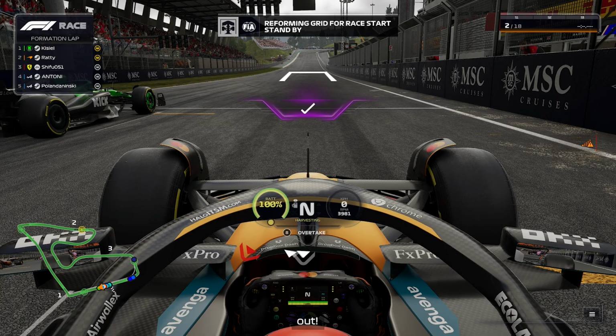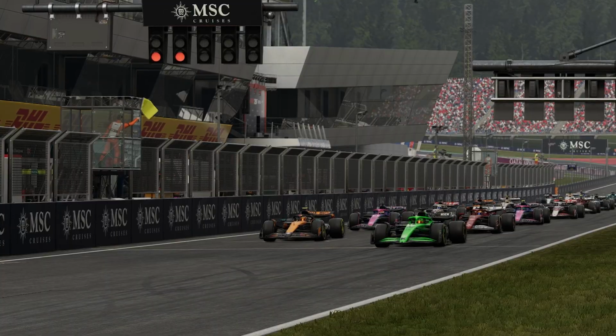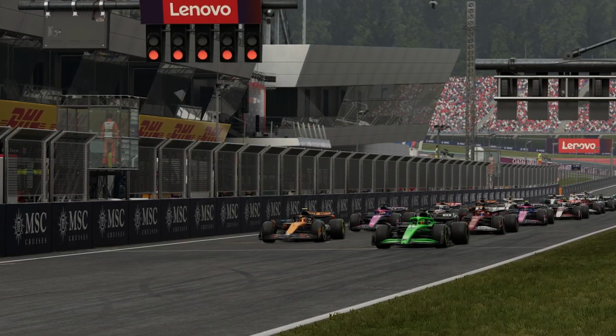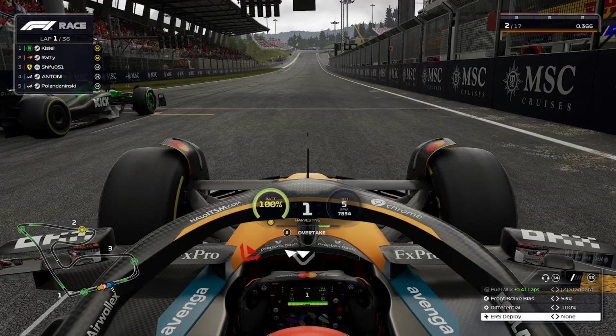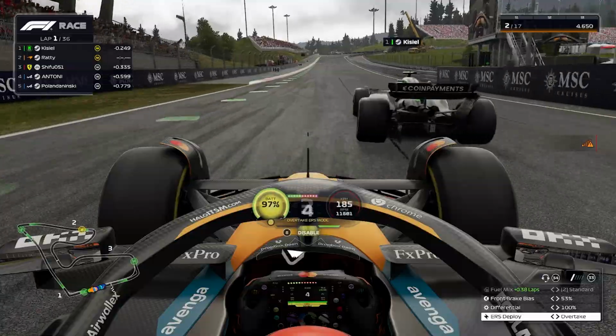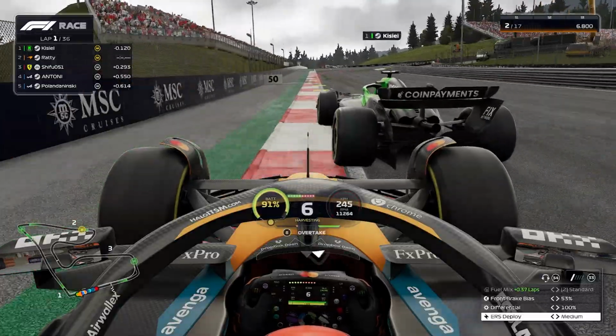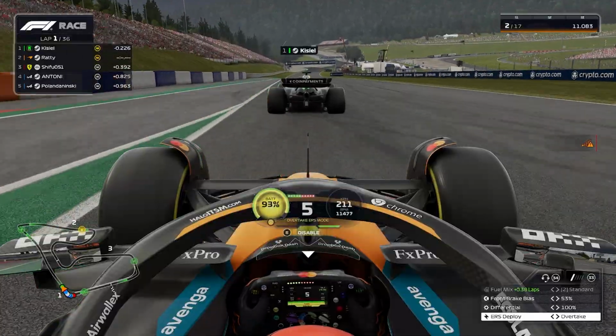So here we go then, as we wait for everyone to line up on the grid. We wait for the lights to come on, and they do. 1, 2, 3, 4, 5 red lights here in Austria. And it is lights out, and away we go. We get a pretty decent start there, better than the Ferrari behind us, a little bit better than Kvyat. It goes to cover the inside. I have no interest in trying to make a move in turn 1, lap 1, so we sit in behind,